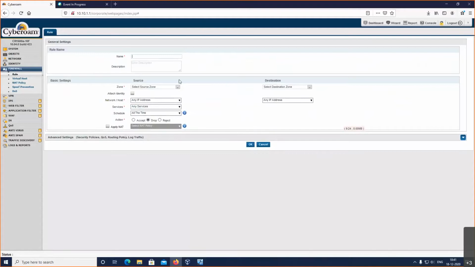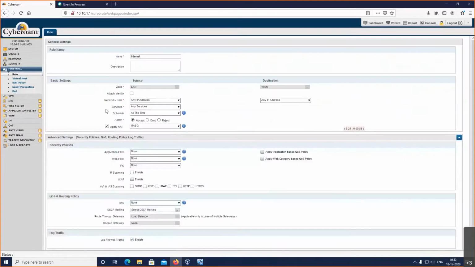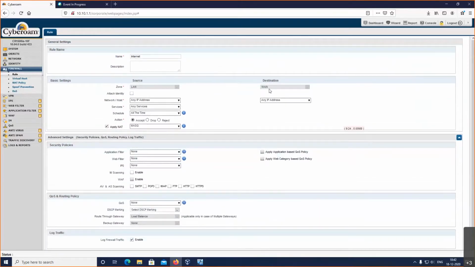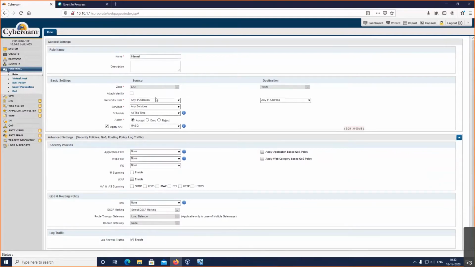Now, let's say we go to a particular rule, how to write a rule from LAN to WAN. Okay, let's say I want to allow an internet connection to the particular users of the organization, from the internal network to the outside network. Okay, now this is where we can define. Let's say this is the rule name, that is internet, and we can observe the zones that are identified, because as I have selected LAN to WAN, it has already taken those zones.